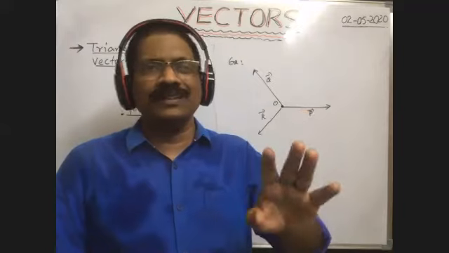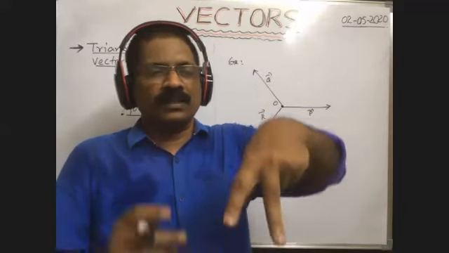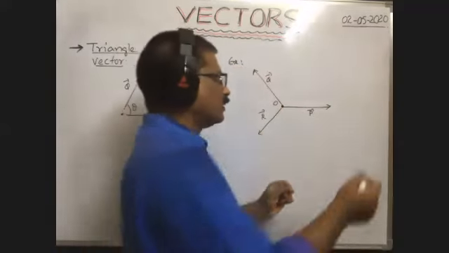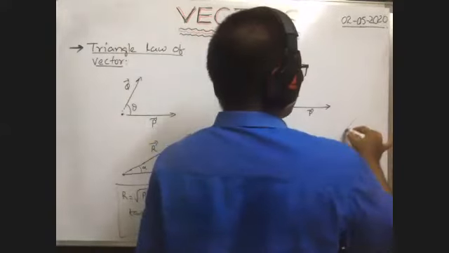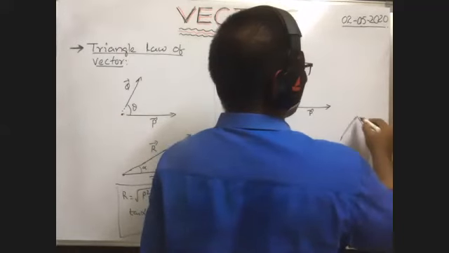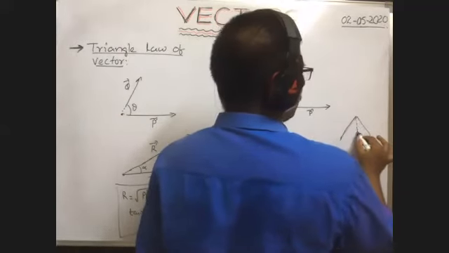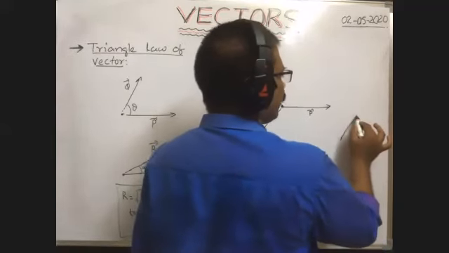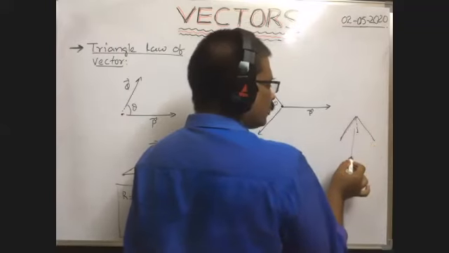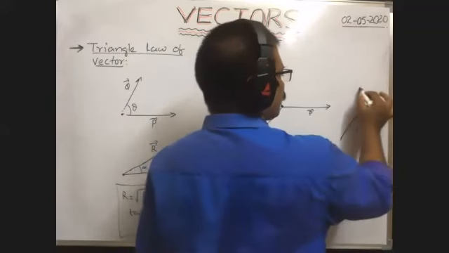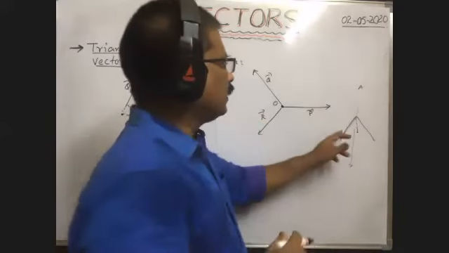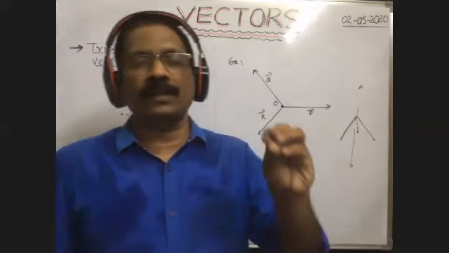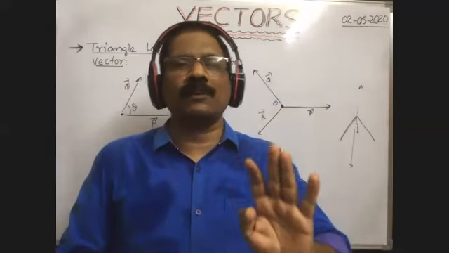Suppose we take 3 non-coplanar forces. Here one force acts in this direction, another in this direction, another in this direction. The resultant of all these three lies in this direction. If you apply another force whose magnitude is equal to this one and opposite in direction, then these three forces and this force, 4 non-coplanar forces, can keep the particle in equilibrium, but 3 non-coplanar forces cannot keep the particle in equilibrium.